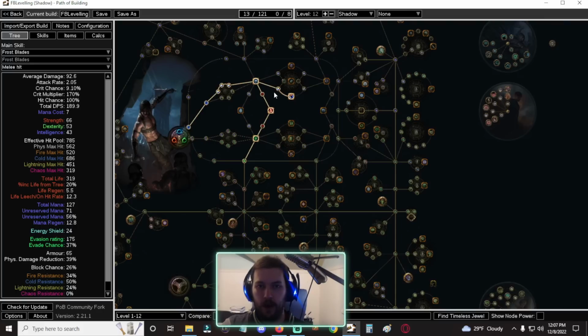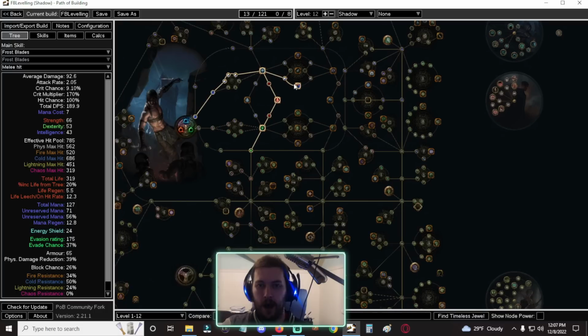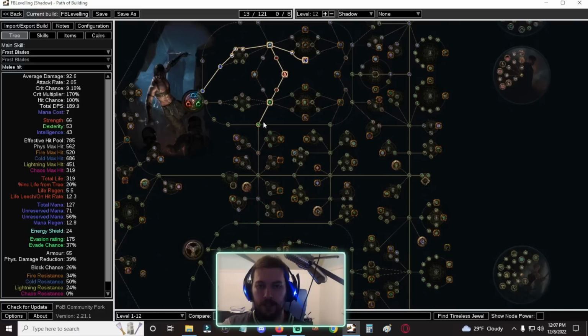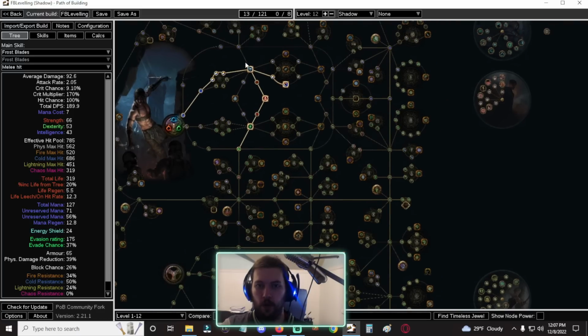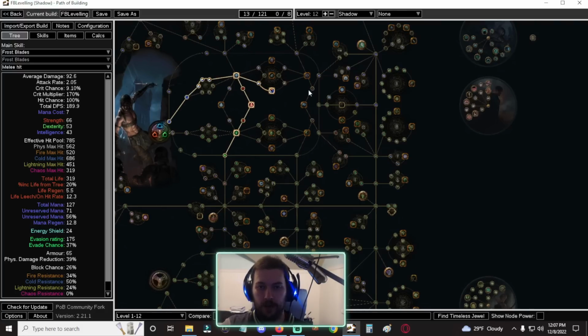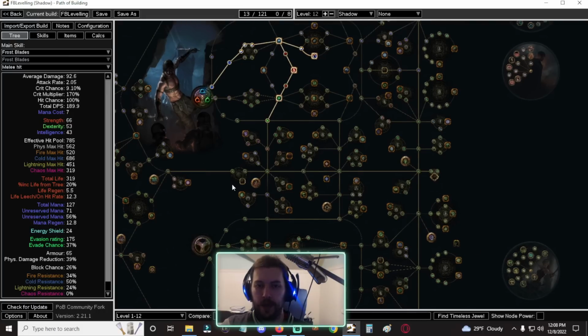So even right here, level 1 through 12, you notice there's going to be a slightly different thing. I did decide to pick up Elemental Focus right away for some extra damage. And then we're going to rush down to Charisma after that instead of going straight through. Possibly may even want to do a cold-hearted calculation, but the timing with this build, we are going to be using Blade Trap as our boss killer for the first couple of acts, and with that we're going to want